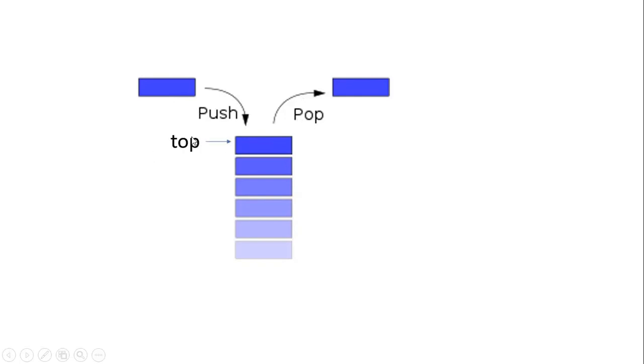Then we'll have a variable called top. This top will point to the topmost element. Basically, it says how many elements are there in our stack. Initially the top will be -1, indicating that there are no elements, because array starts from 0. When you insert the first element, top will point to the 0th element, so top will be 0 in that case. And there is a maximum size for our stack. We'll define some size, for example 4, and only 4 elements we can insert in our stack in that case.